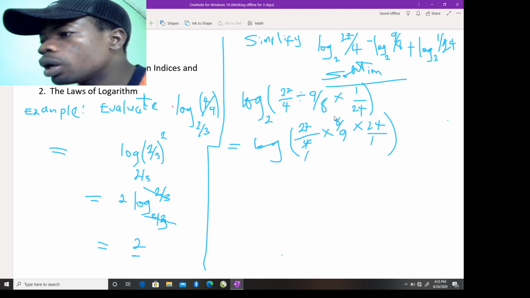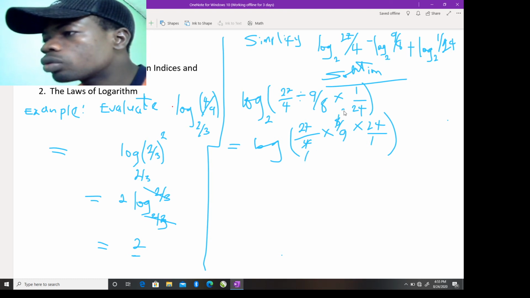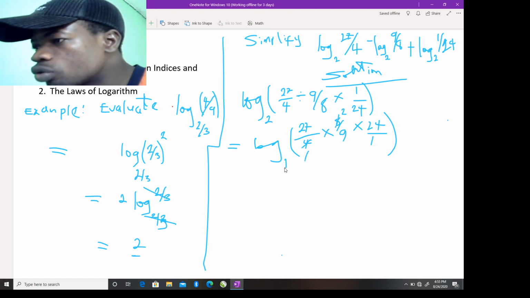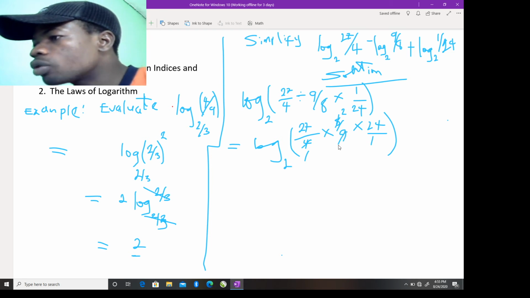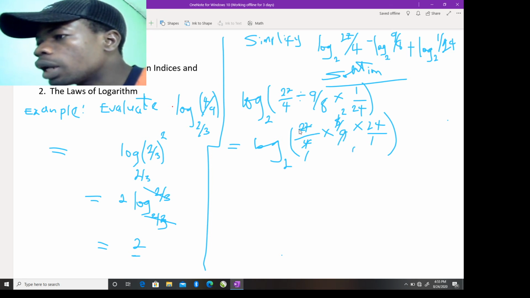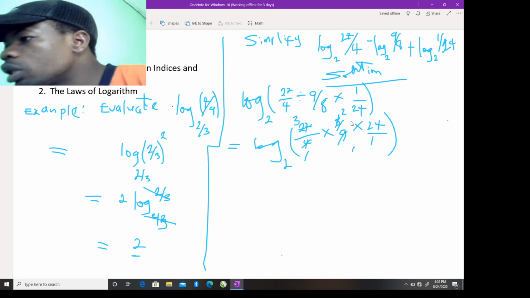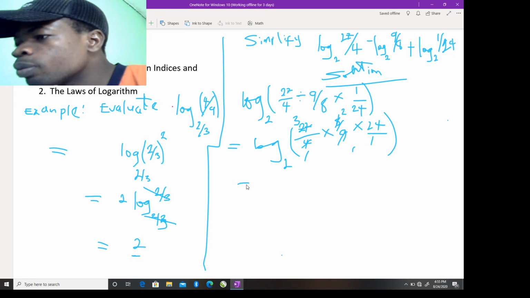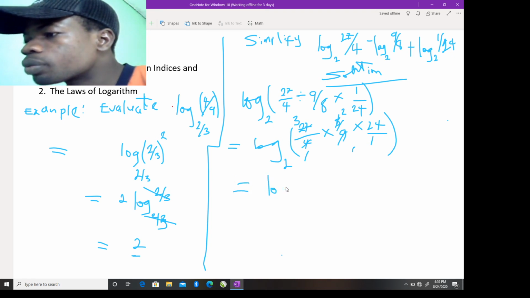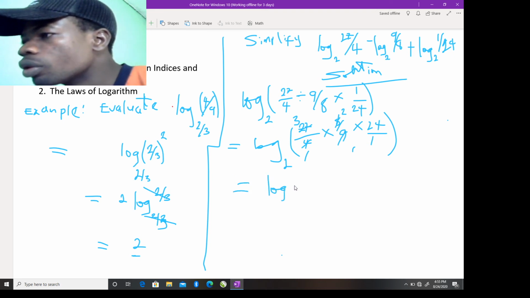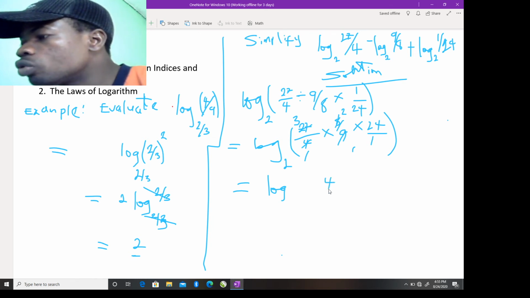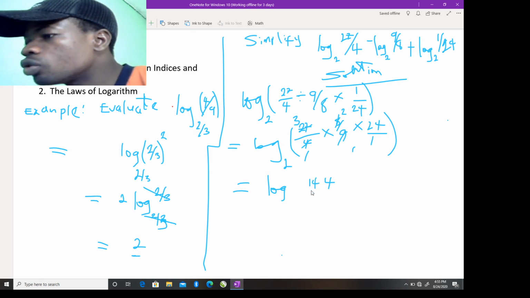4 here 1, 4 here 2. Don't forget this in base 2, please. 9 here 1, 9 here 3. So what do we have? 3 times 2, 6, 6 times 24. That becomes log, 6 times 4 is 24. Keep 2. 6 times 2, 12 plus 2, that is 14. So we have log 144